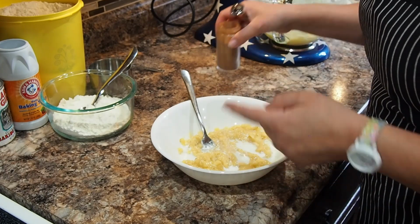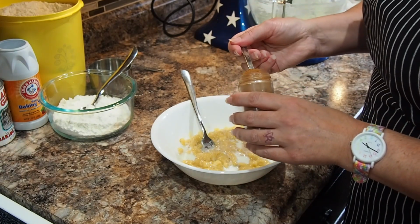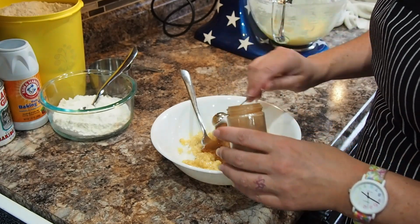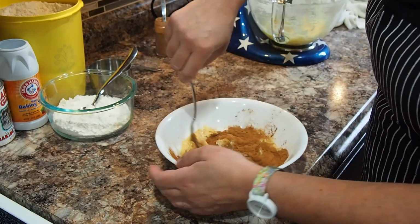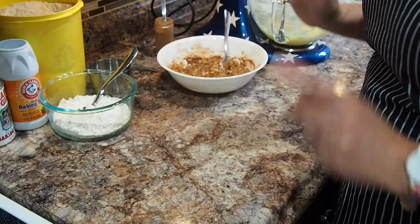Right, so next what we're going to do is add 1 teaspoon of cinnamon. This is a ½ teaspoon measure. So 1, 2 equals 1 teaspoon. Mix that up. Okay, now what we're going to do is just set that to the side and move on to the flour,